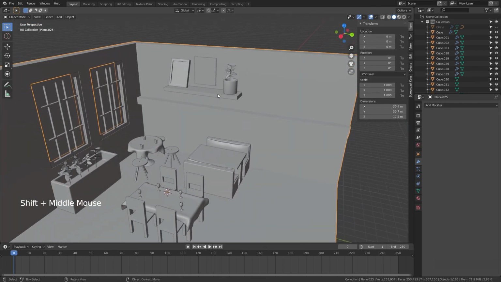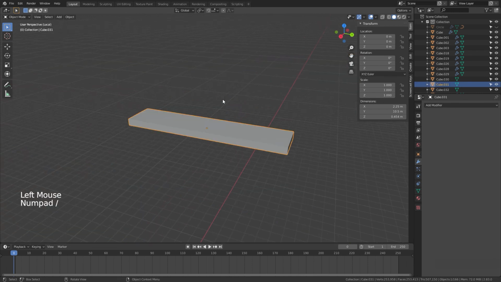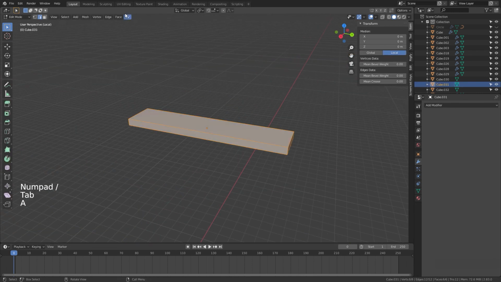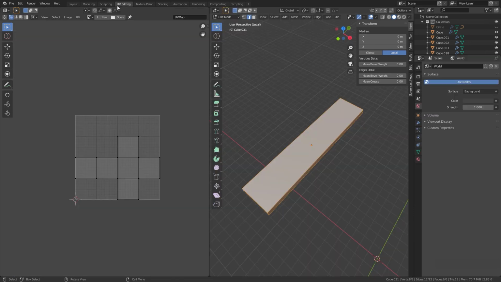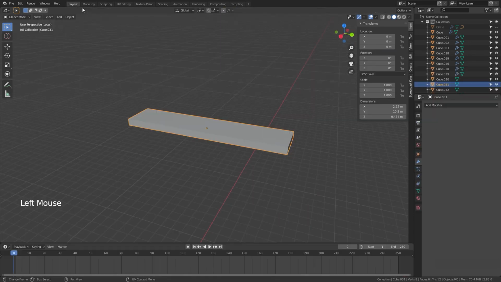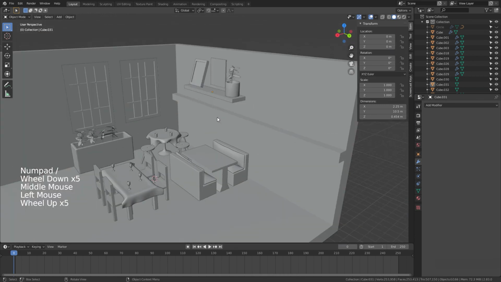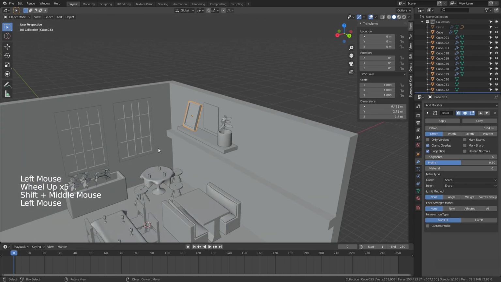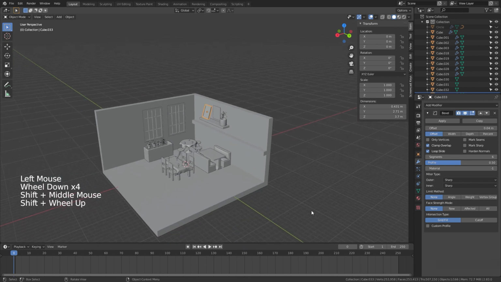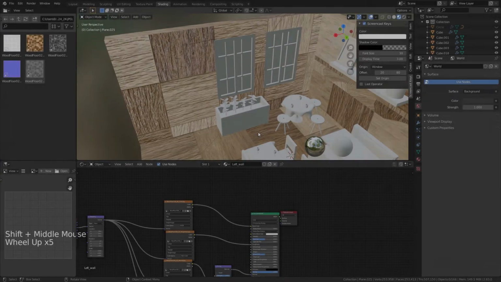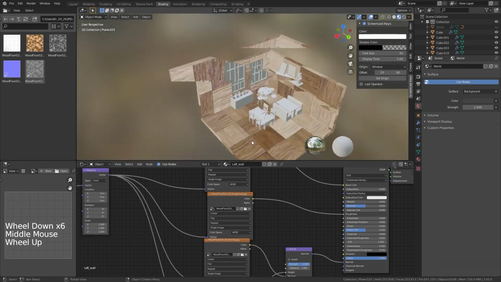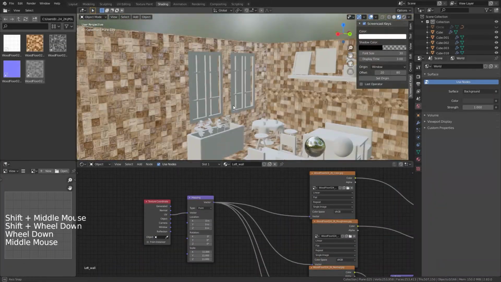I think it's done, but we can do it for this one. But because it was a default cube, it has unwrapped itself, so we don't need to unwrap it, and it's done. In the next video, we are going to add texture and material to the object, and I